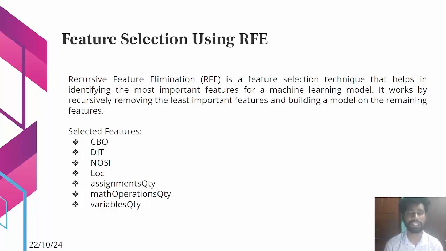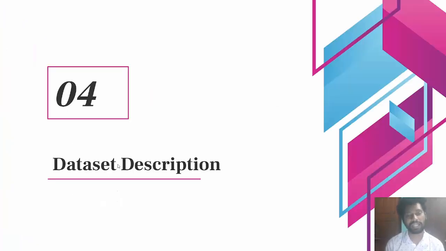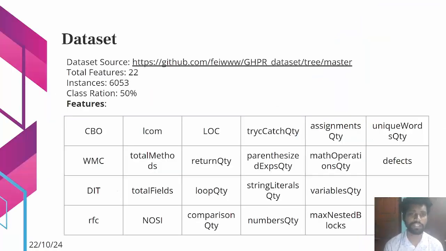In this way, it recursively keeps eliminating the least relevant features for model building. In our case, we have selected the top 7 features that are most relevant in our model training, and those features were CBO, DIT, etc. So the dataset we have used for model training was collected from GitHub, and this dataset